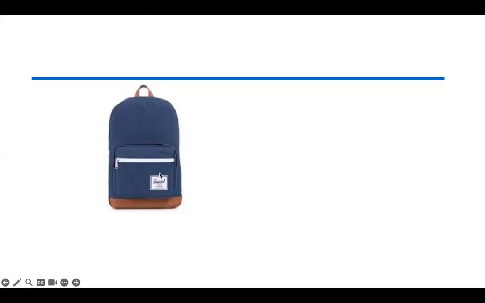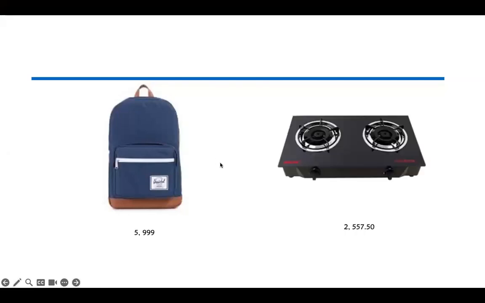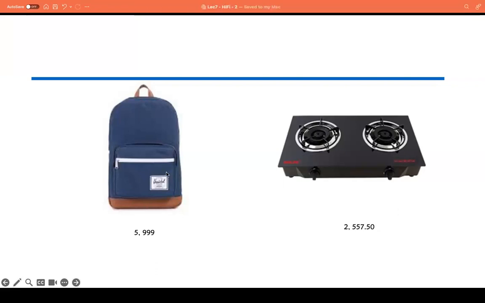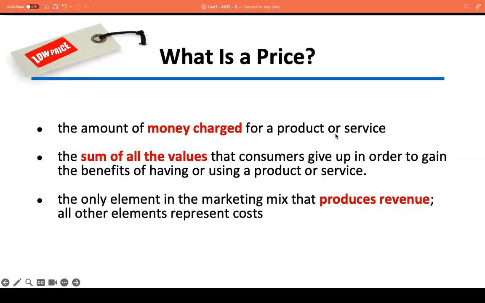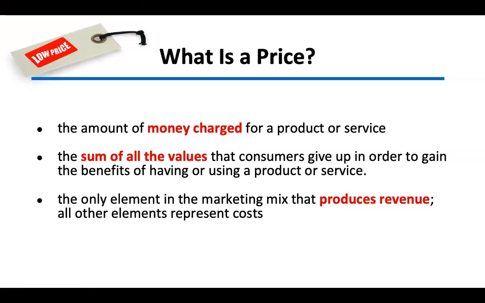So assuming that you have a bag and a stove, how do you know that you can set a price of 5,999 for a bag, but only 2,557.50 for a stove? Okay, so price is the amount of money that customers are willing to pay for a